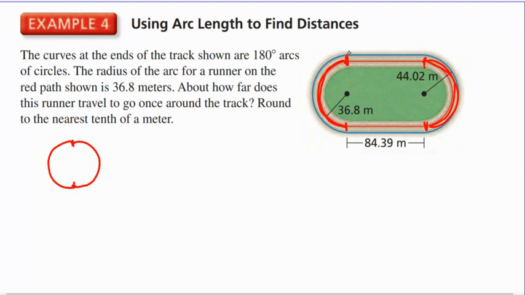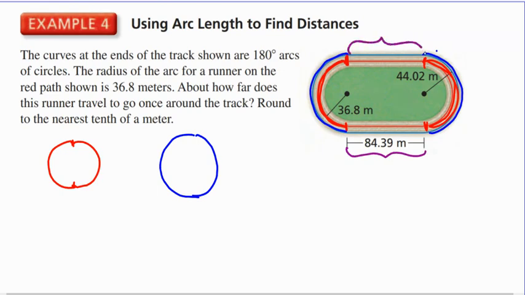Or if I was looking at the blue, I could say this is half of a circle, and the other side is half of a circle, okay? And then this length right here, 84.39 meters, is repeated up here, 84.39 meters,